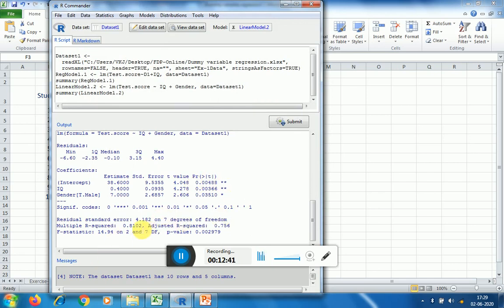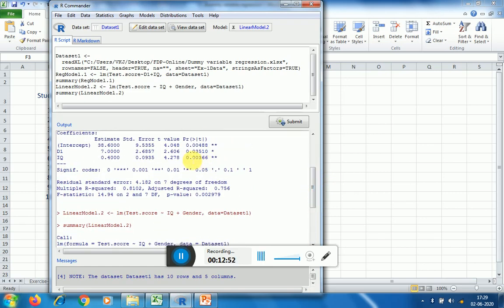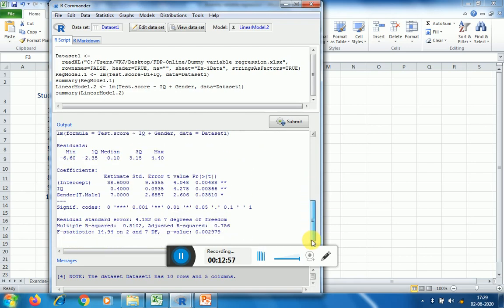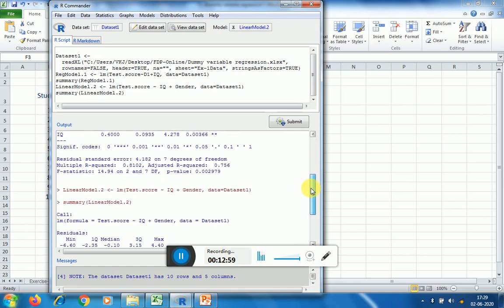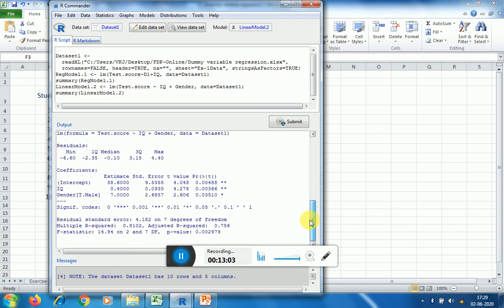81.02 is the R squared as we obtained earlier, 14.954 is the F statistics, all the variables are significant. So you can compare these two. See, the p value corresponding to intercept is 0.00488. So here also it is 0.00488. Then 0.03510 corresponds to gender.